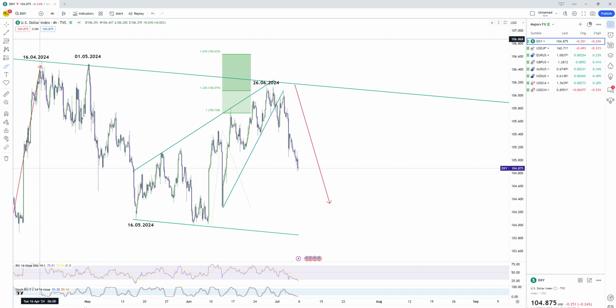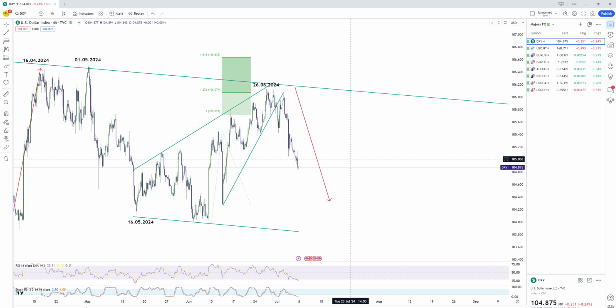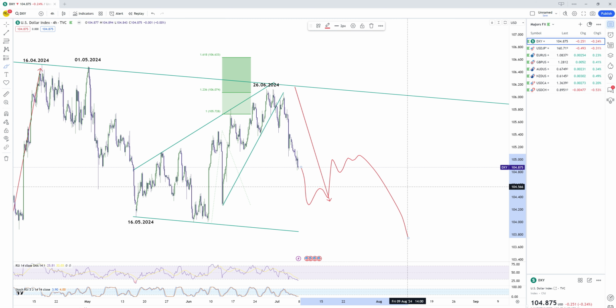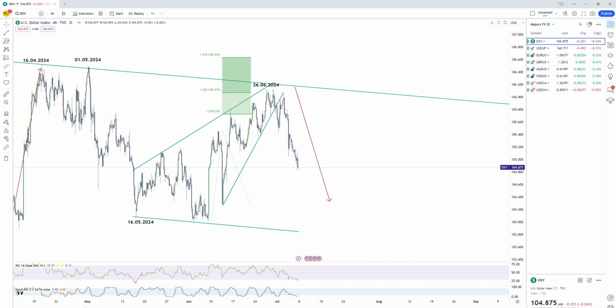So this week is going to be an interesting week because we can see moves in both directions, with the overall bias, generally speaking, to the downside in the dollar index as of now. But this will be the main view, that we have more downside in the dollar index. But of course, this week, if we open lower, we can expect to see some bounces within CPI before we continue lower later down the line. So you have to keep this in mind if you are trading any specific dollar related pair and so on. So let's move on and see what else we have for this week ahead.